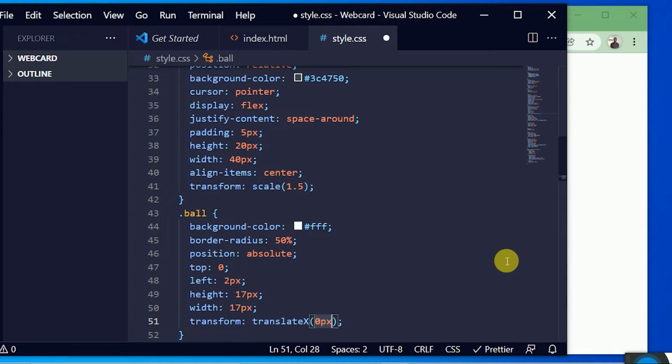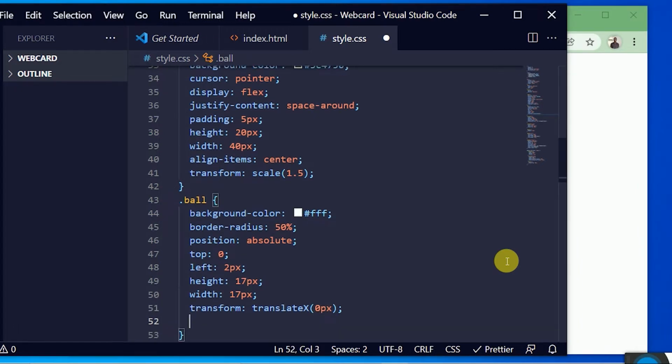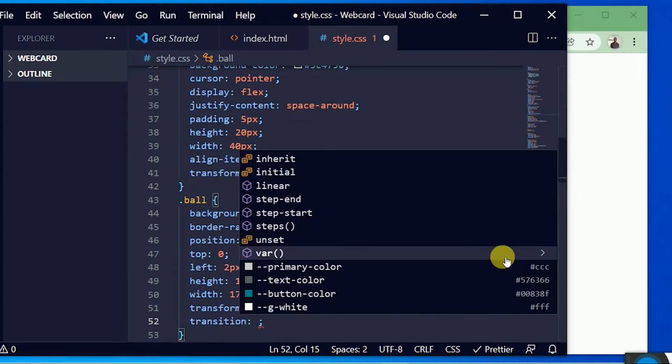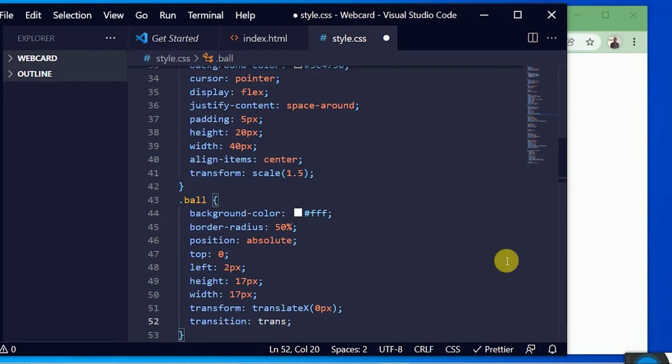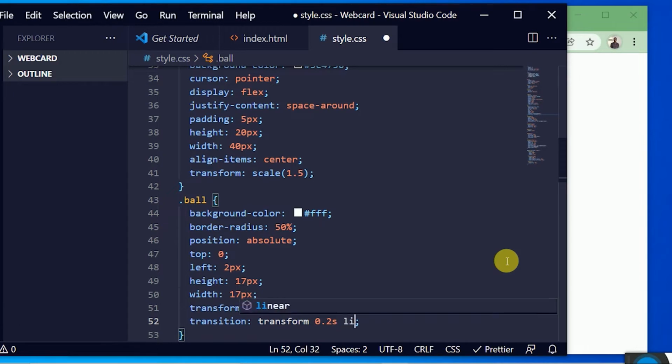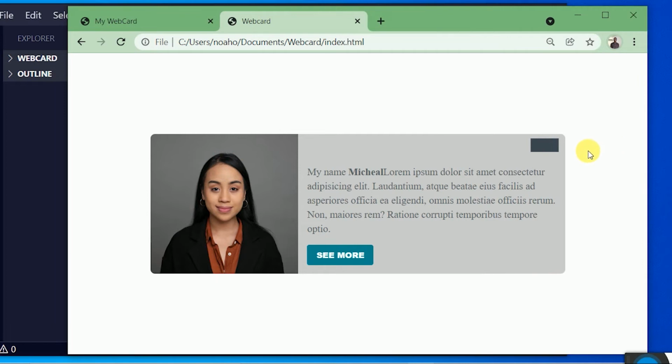So I'm just going to add a little transition so that we can have some little animation in our checkbox. So now I'm just going to say transition for transform. So it should focus on the transform. So I'm just going to say 0.2 seconds linear. Okay, so let's save this and run our code. Yeah, I think we have our box inside of